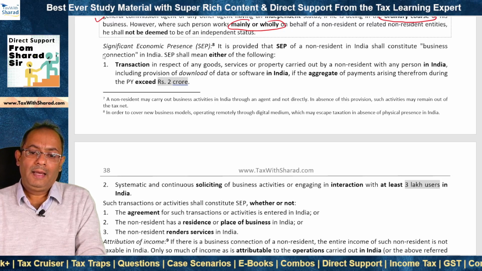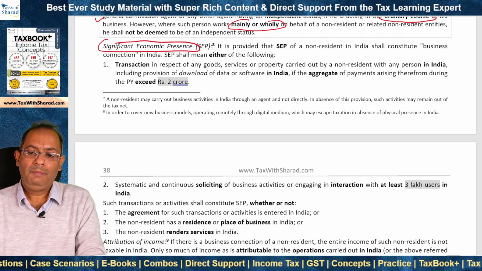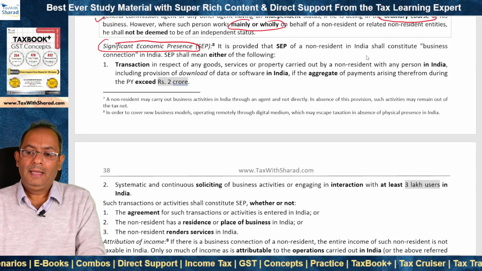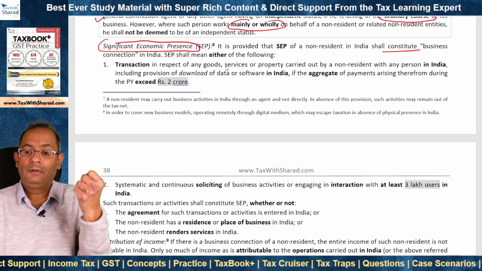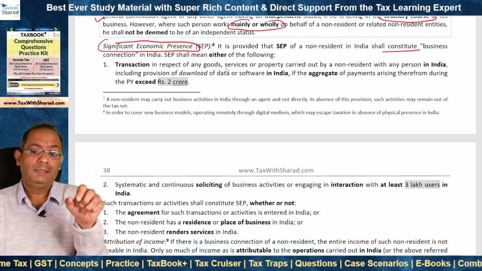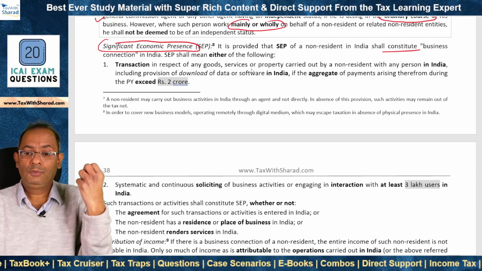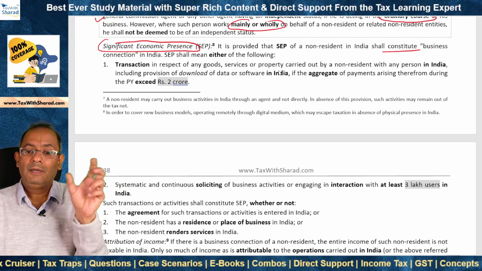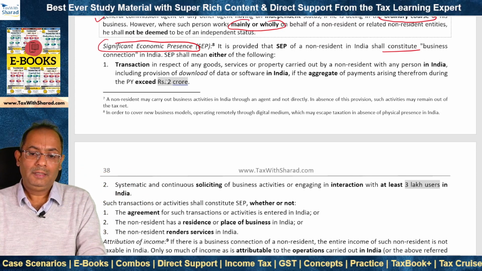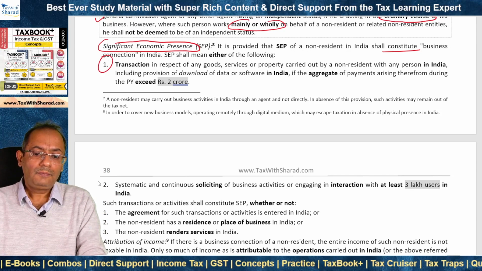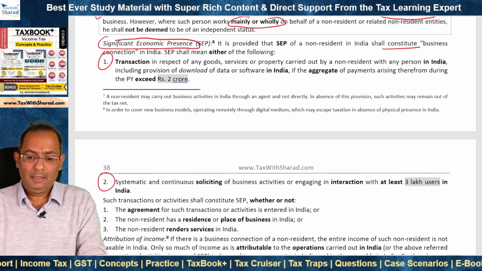where the non-resident has a significant economic presence, or SEP, in India. Then that SEP also shall constitute a business connection in India. So if the non-resident has a significant economic presence, which indicates a significant connection or a nexus in terms of economics with India, then the income arising out of that SEP will also get taxable in India in the hands of that non-resident. And there are two situations in which SEP can be said to arise, and we are not going to discuss